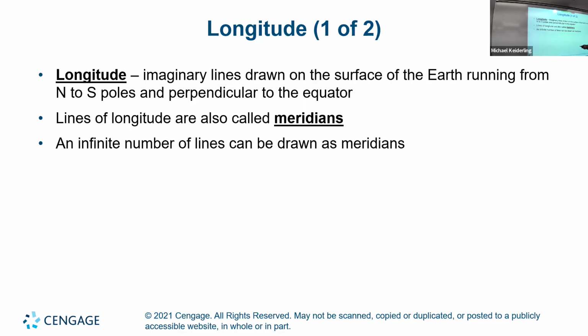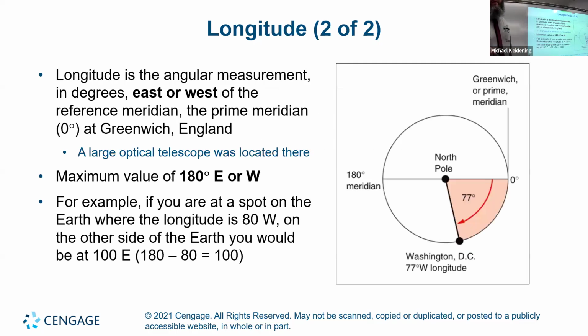Lines of longitude are called meridians. An infinite number of lines can be drawn as meridians. Every meridian is a half of a great circle. So longitude is the angular measurement in degrees east or west of a reference meridian, which is the prime meridian. That location is arbitrary. It's in Greenwich, England,